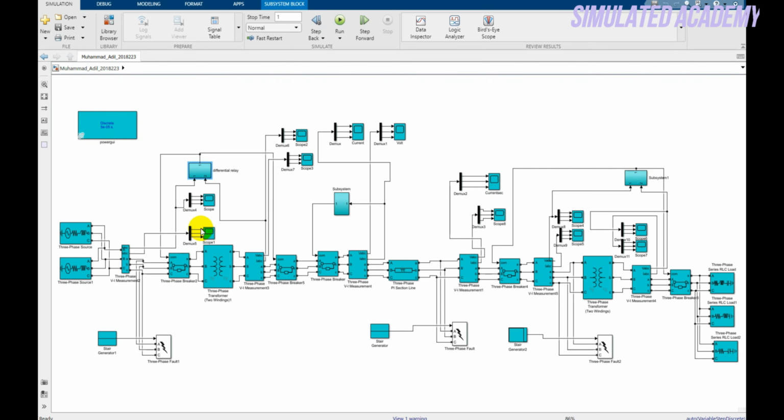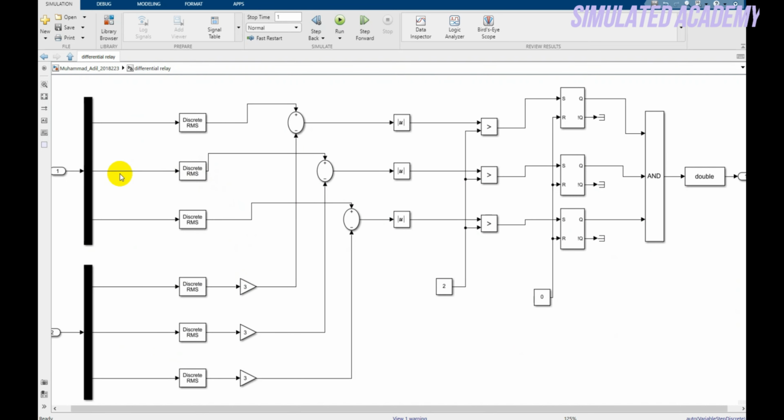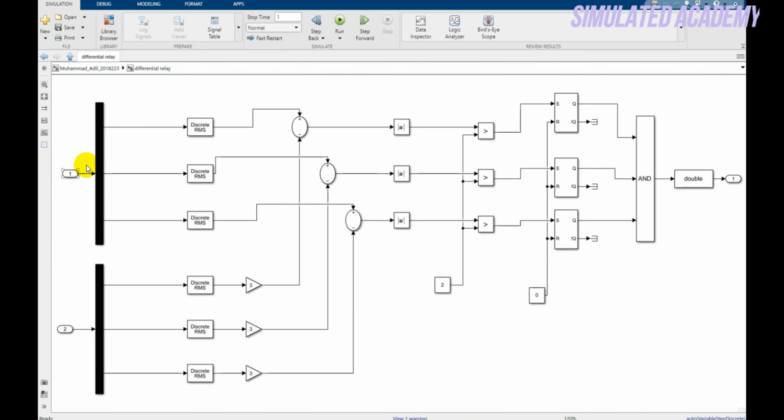Let me explain. One voltage value is given at input number 1, and one input voltage value is given at input number 2. Input number 1 is the primary voltage, and input number 2 is the secondary voltage. So this is my primary voltage, and this is my secondary voltage. This is demux, this is discrete RMS, and I multiply here with a gain of 3, because the turns ratio of my transformer was 3, and this is the sum block